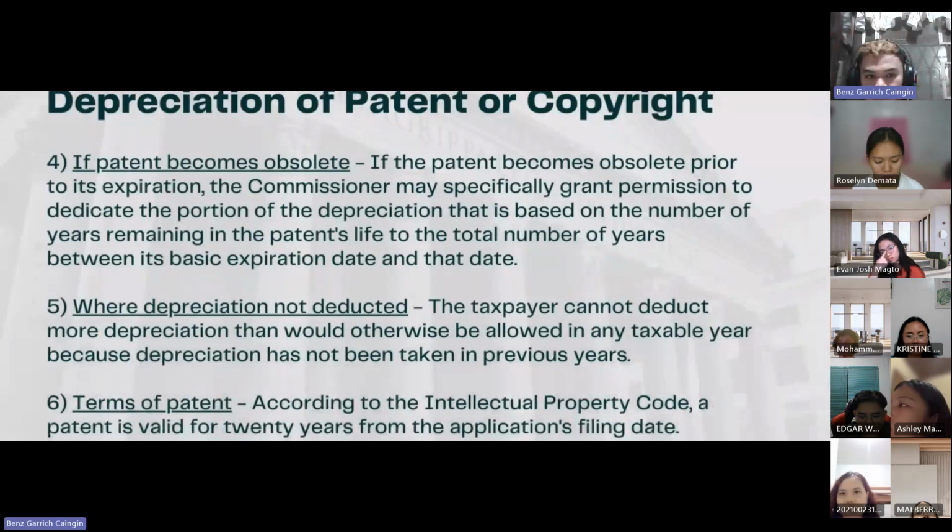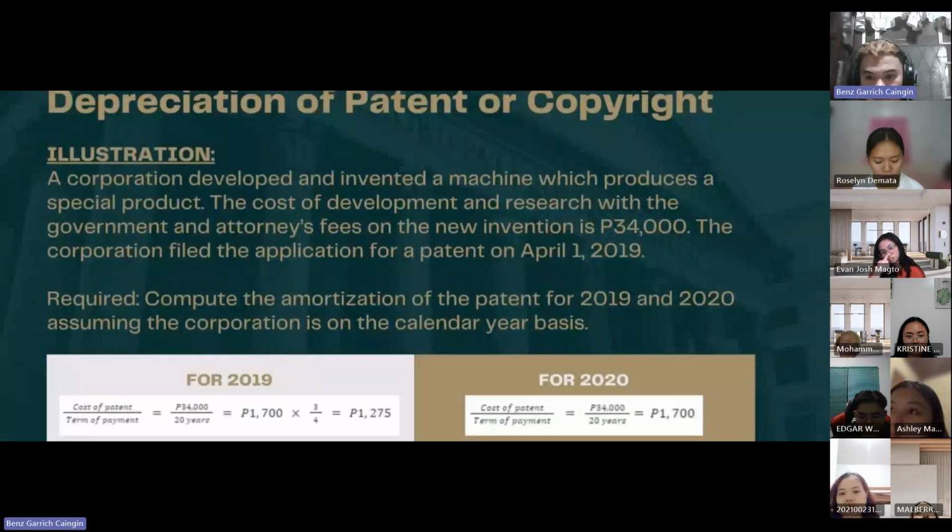Let's cite another illustration from De Leon. A corporation developed and invented a machine which produces a special product. The cost of development and research with the government and attorney's fees on the new invention is 34